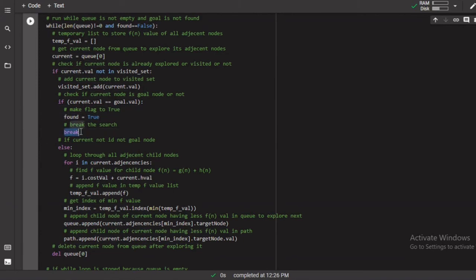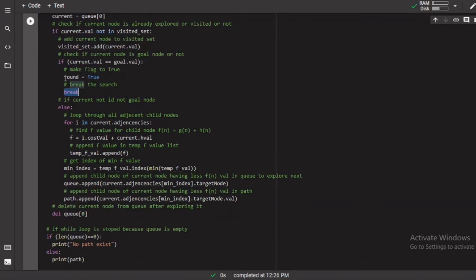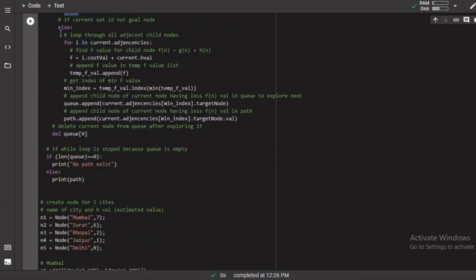And if the current node is not the goal node, then we are performing these actions. What we are doing here is exploring all the adjacent nodes of that particular current node. For that we are just applying a for loop over the adjacency list of that particular current node object.